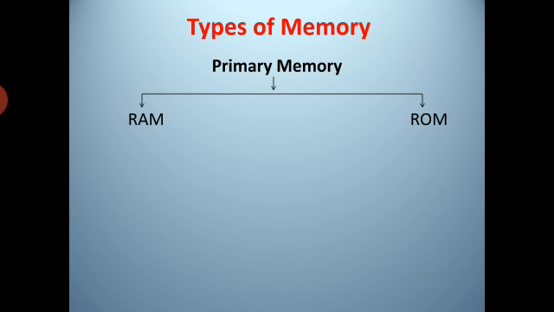RAM stands for random access memory. It is a volatile memory. As long as the power is supplied to the computer, it retains the data in it. But as soon as the power supply is turned off, all the contents of RAM are wiped out. It is used to store data temporarily while the computer is working. RAM is usually referred to as main memory and it is faster than the secondary memory or storage devices.